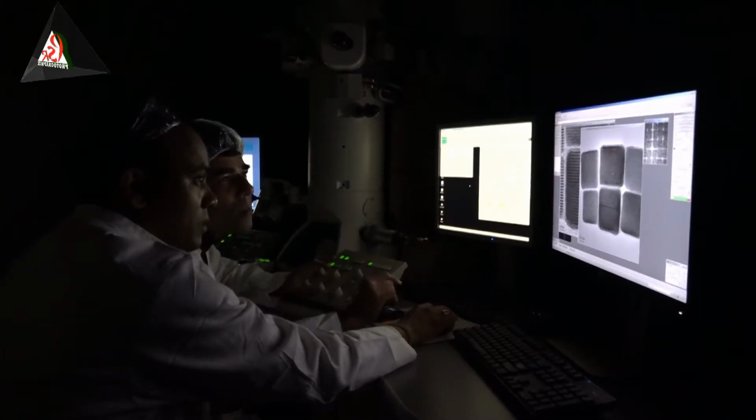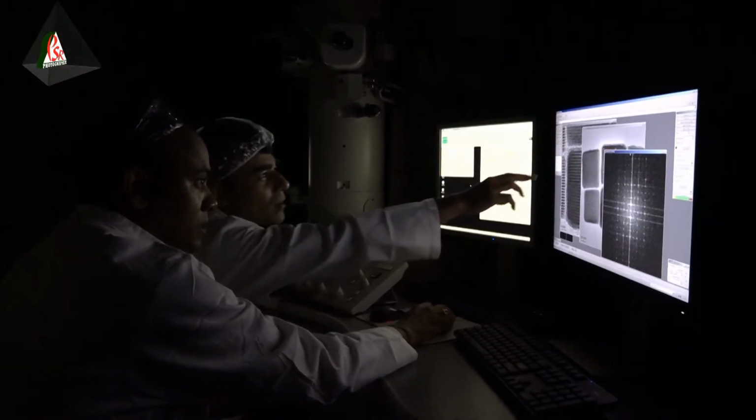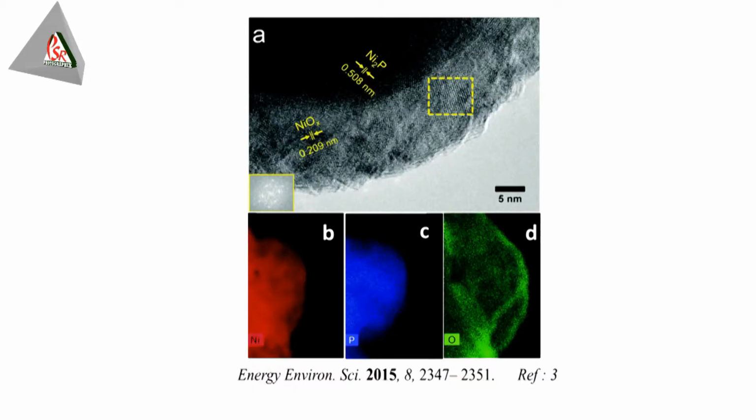HRTEM of the post-catalysis samples also reveals the surface modification, and finally, in most of the cases, they were found to be a phosphide-oxide core-shell type of structure. Interestingly, their activity remains superior to their corresponding oxides. When we look at the future of these materials, our target would be designing new metal phosphides with superior OER activities.